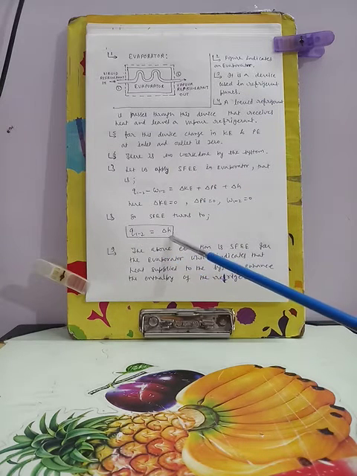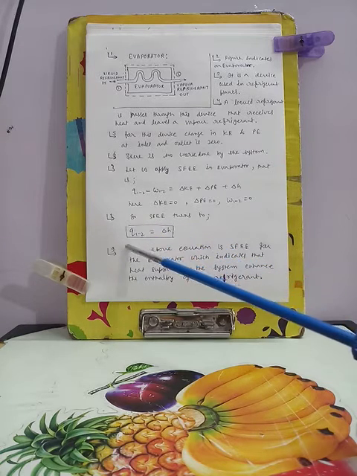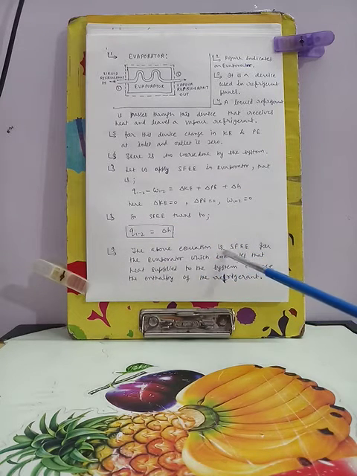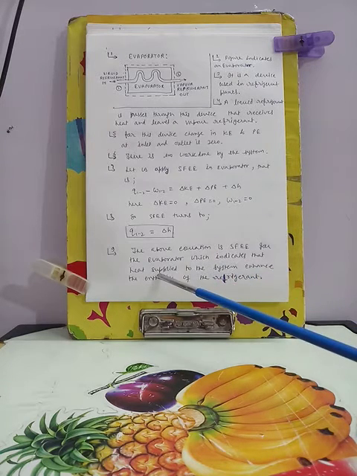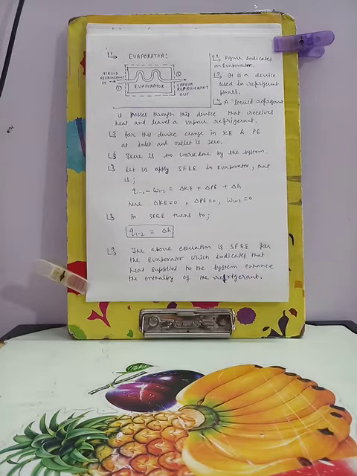Heat supply is to change in enthalpy, same like boiler. So we can say that this is a steady flow energy equation for the evaporator. The above equation is the steady flow energy equation for the evaporator, which indicates that heat supplied to the system enhances the enthalpy of the refrigerant. So this is a second important application of steady flow energy equation, that is evaporator. Let us see one or two more examples of the application of this steady flow energy equation.